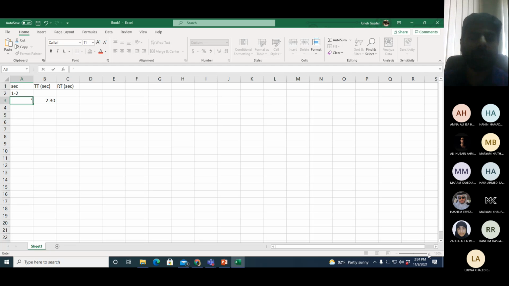So I put the apostrophe, then I write 2-3. So it will keep it as it is. Anything which you put with dash or colon, Excel automatically converts to date and time. If you don't want this to happen, then do it with an apostrophe at the beginning.